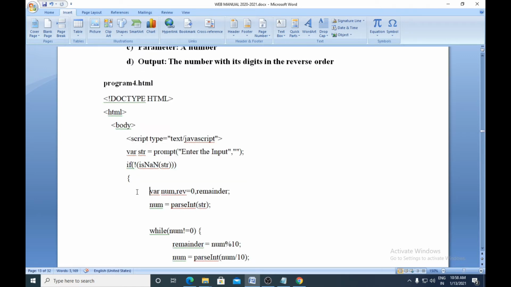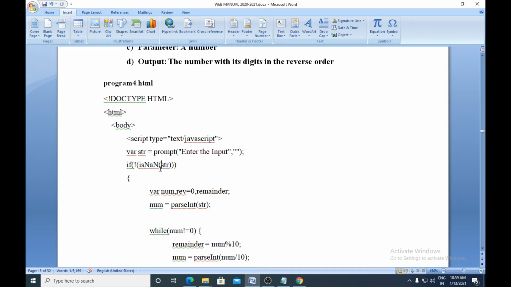The if condition is isNaN(str). This will check whether it is not a number. If it is not a number, then this will be true.